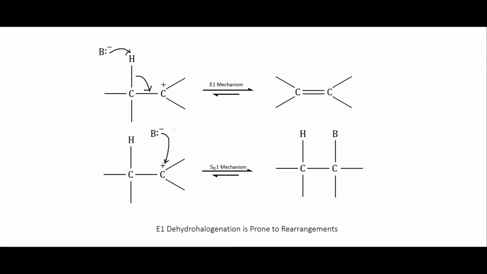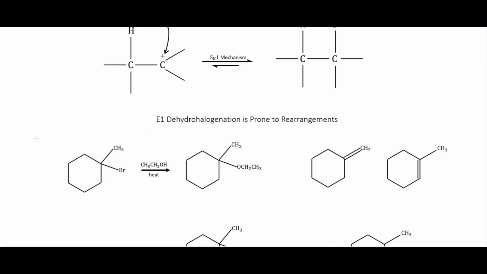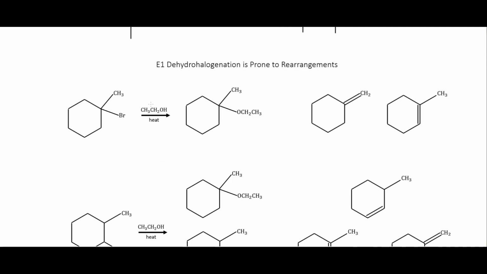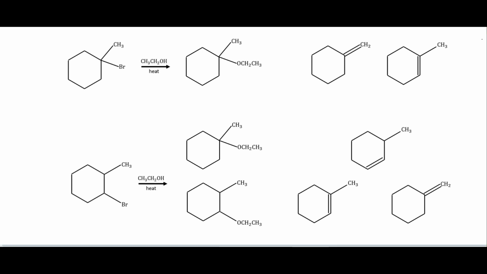But as I've discussed in previous videos, you can do things with your base. You can use certain bases, for instance, that are bulkier so that they become inhibited or hindered from attacking that carbocation in order to push for the E1 mechanism. And so these E1 dehydrohalogenations, as I've discussed in previous videos as well, are prone to rearrangements. And so what we can see with this top reaction here, so this bromine is actually bound to this